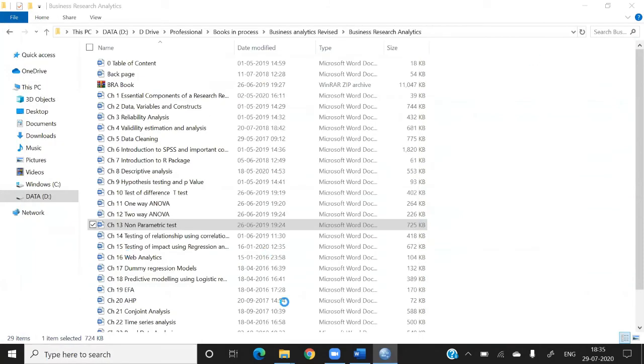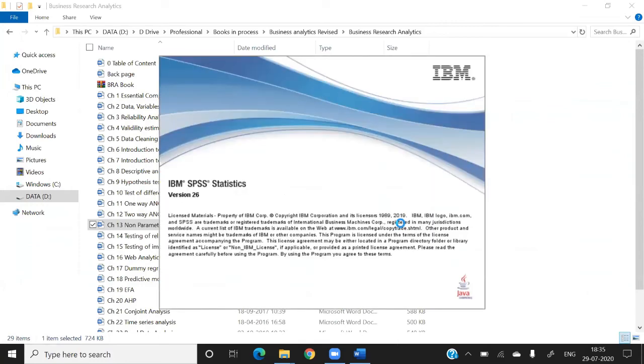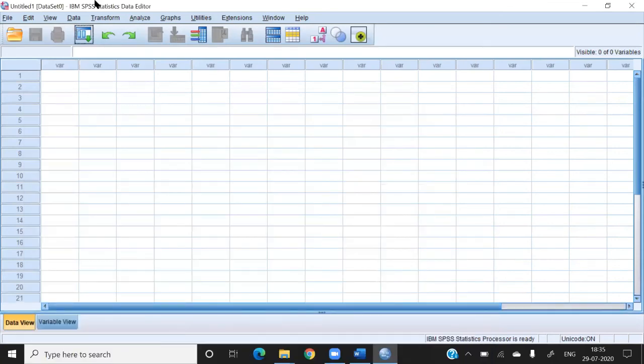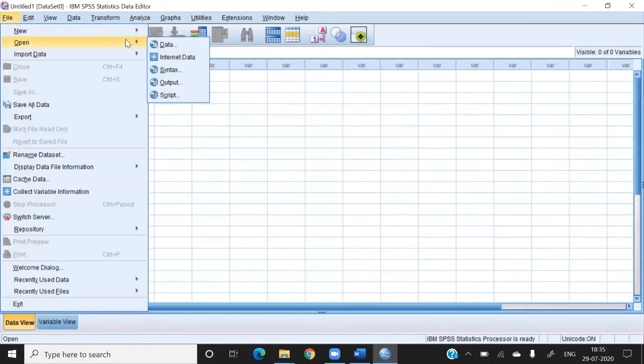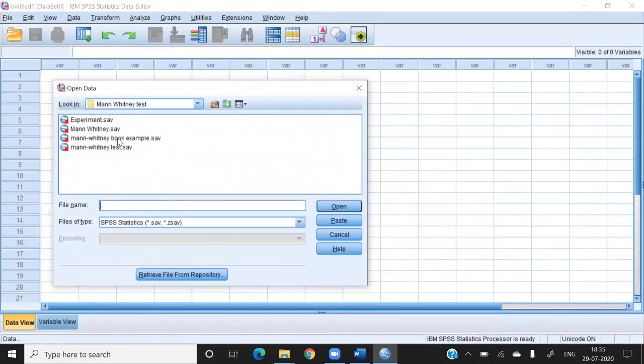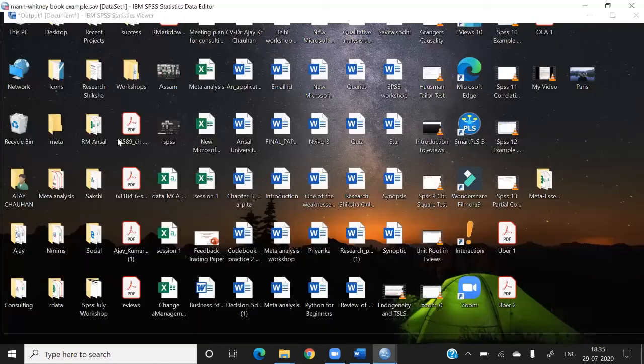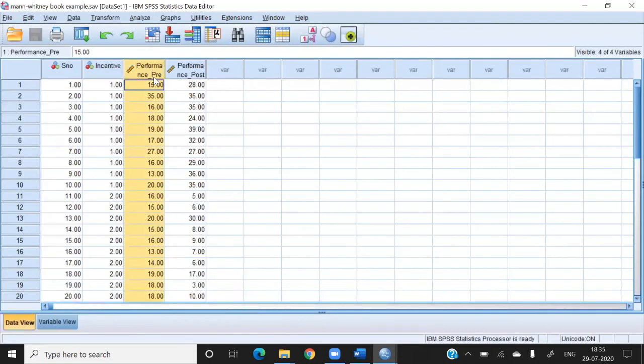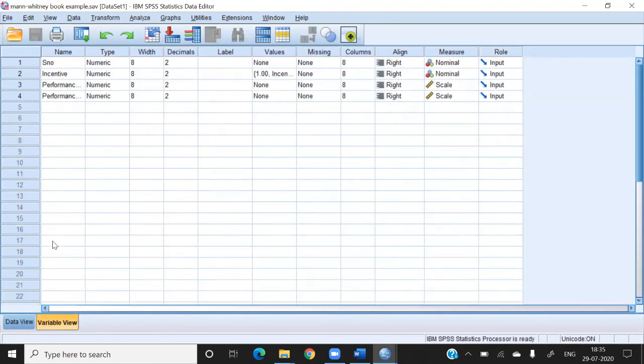I'm going to open SPSS with a new file and let's try to interpret that. In this case, this example is actually the same example as the drug case.